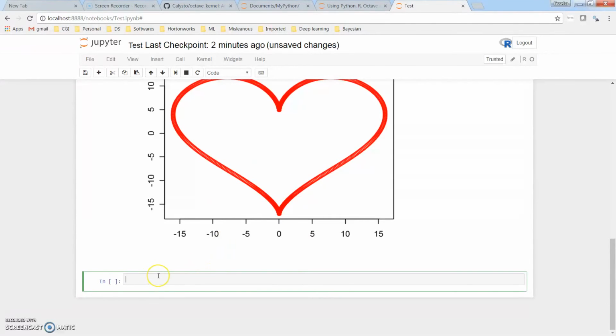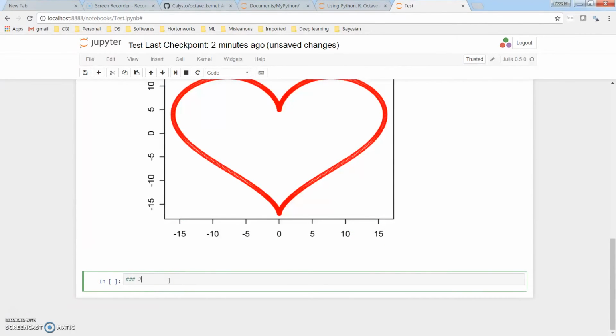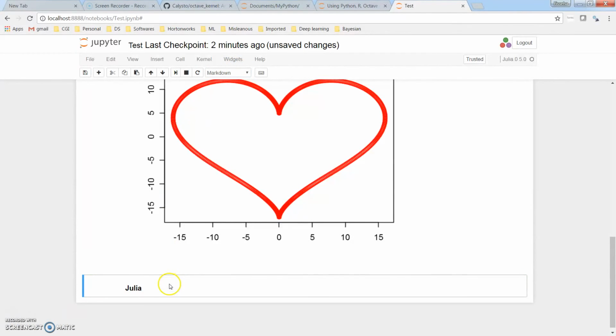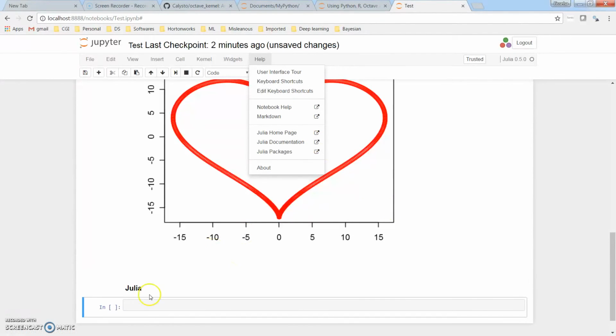Now let's change, for example, to Julia. If I want to use Julia, I will just put Julia here. By the way, you can get more help about the shortcuts from here. In the notebook, we have keyboard shortcuts, and also a tutorial on how to use the Jupyter notebook.